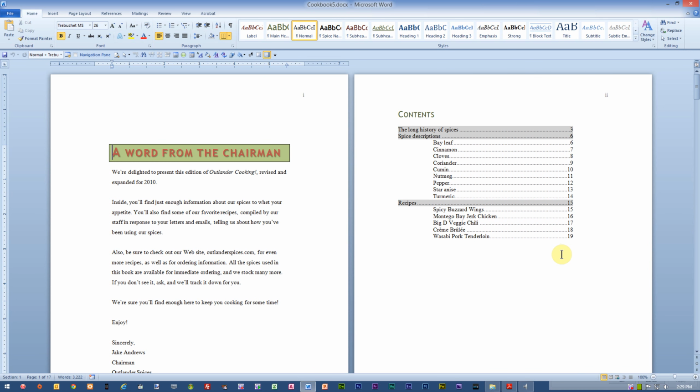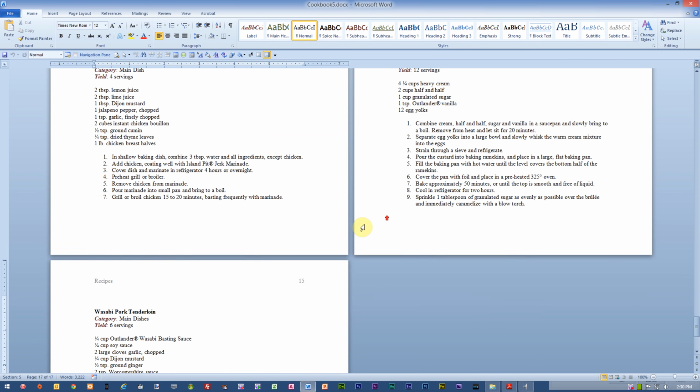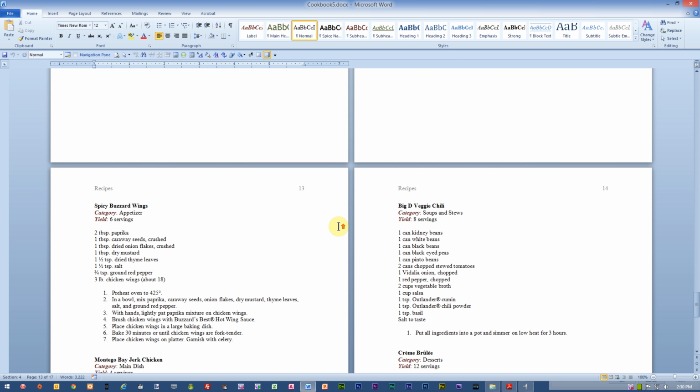Let's take a look at how to insert columns. I'm going to move out here to the end of my document. I'll do a Control End. And I come out here and I see that I've got some recipes out here at the end of the